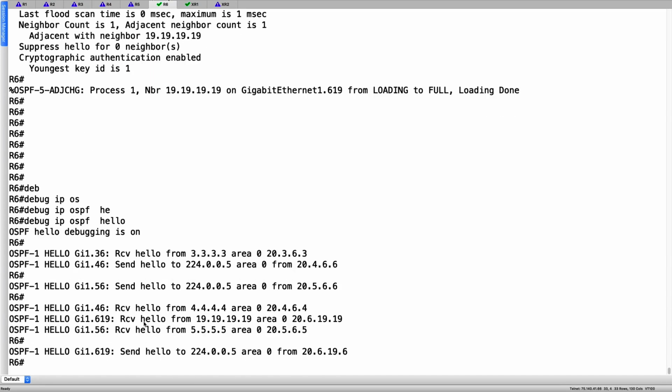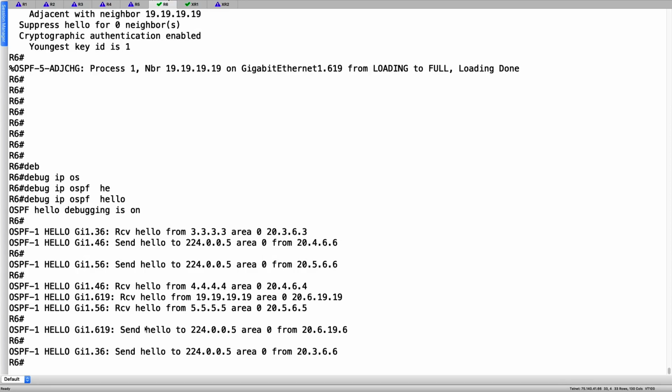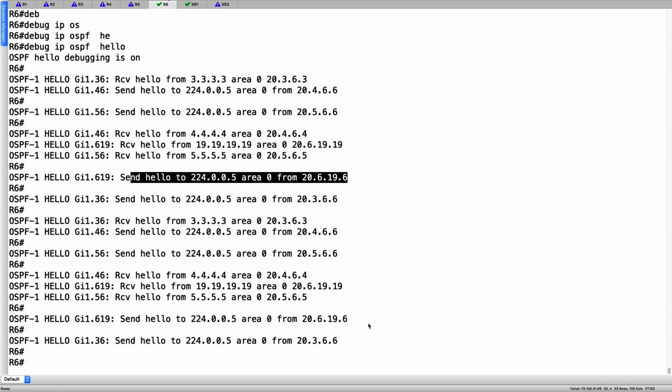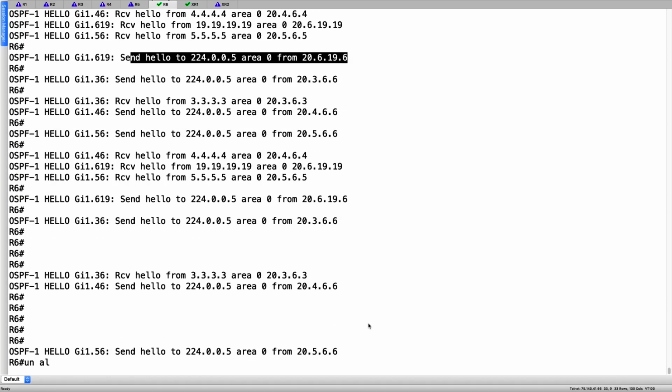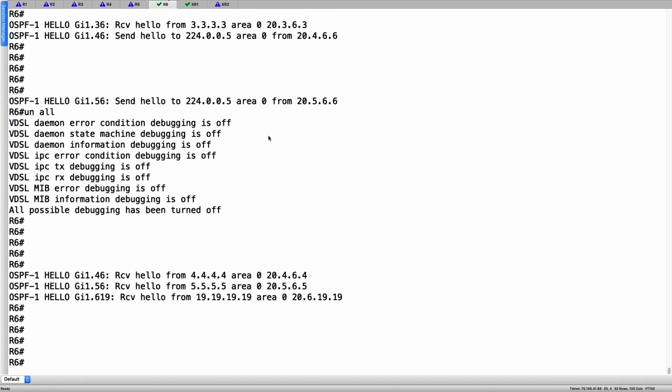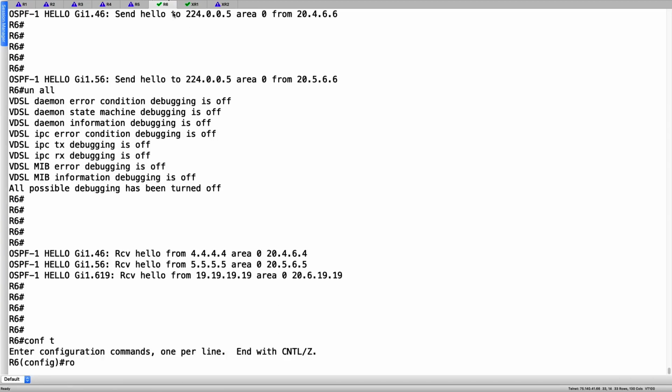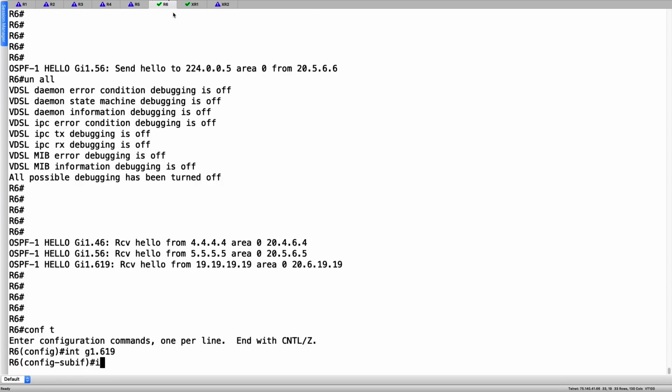So here is where you can see that I am sending hellos to 224.0.0.5 from my interface which connects to IOS XR1. Let's go and change this to be point to multipoint. So if I go back to router 6 and change my interface, so interface Gig 1.619 to be IP OSPF